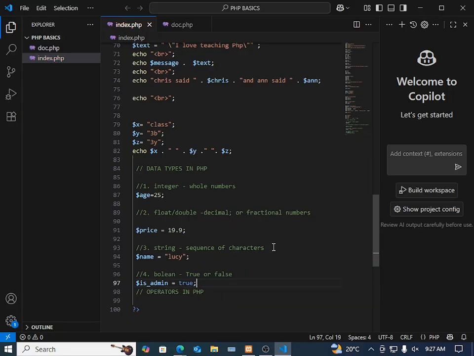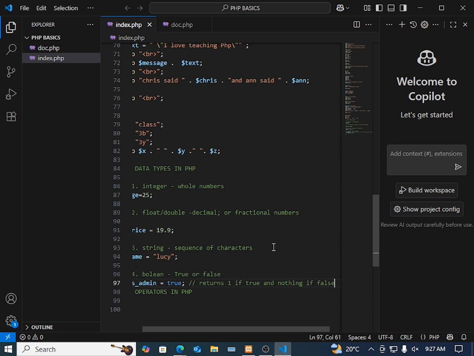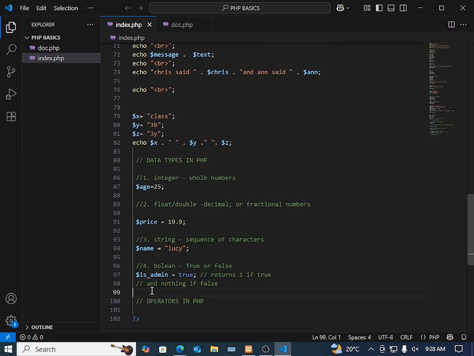So if you are using this boolean, maybe it's in login, so is admin equals to true? Is that person admin? If yes, it returns 1. If no, it returns nothing. So this one returns 1 if true, and nothing if false. Then we go to another data type,